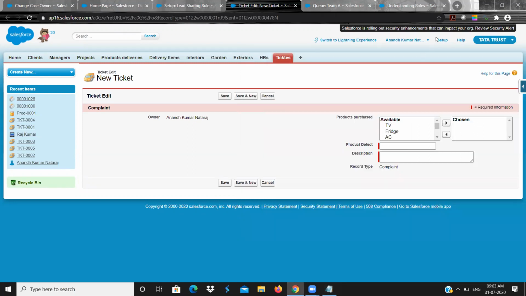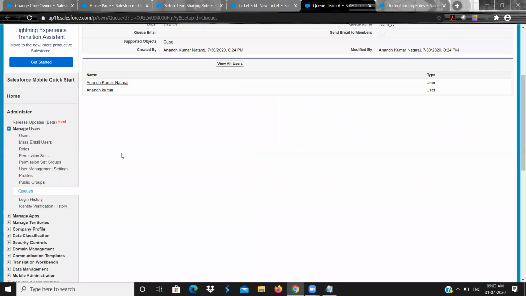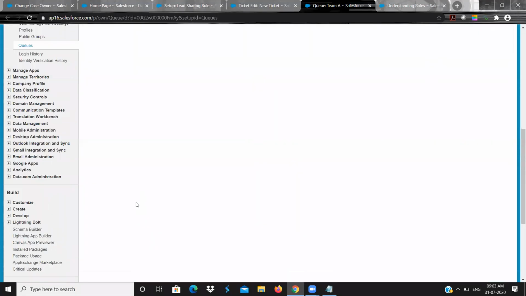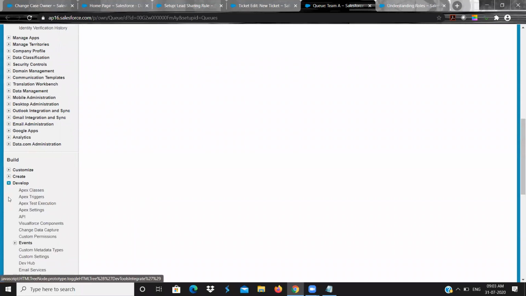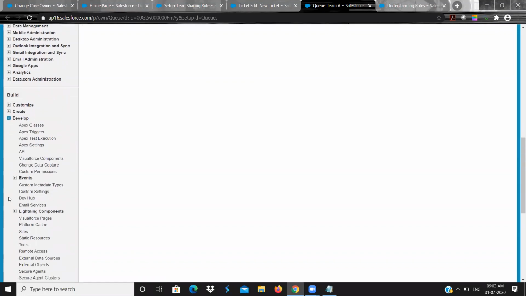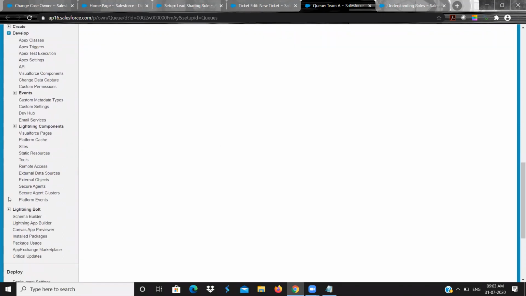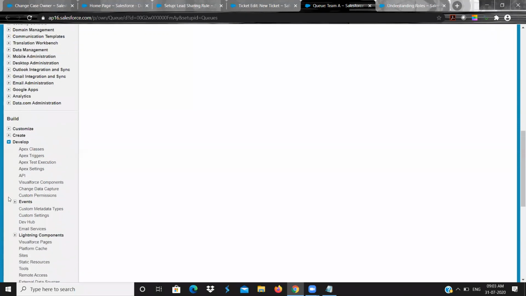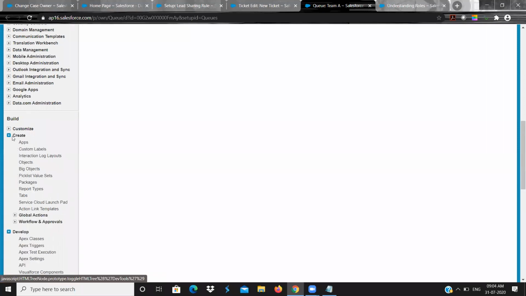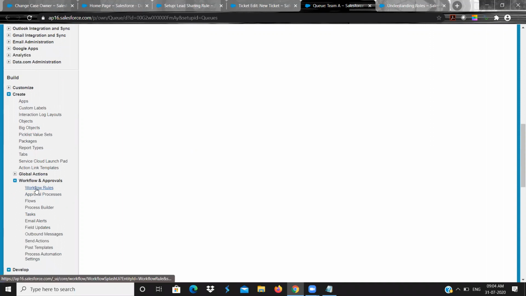If I show you, you will understand better. So go to develop, create, workflow and approvals. Okay, click on workflow rule.